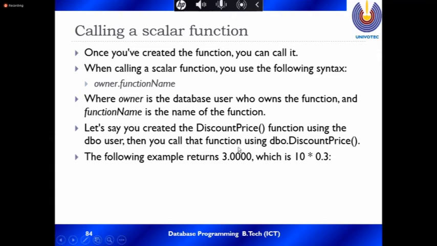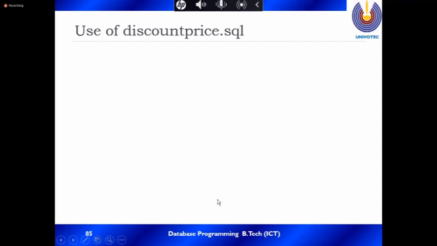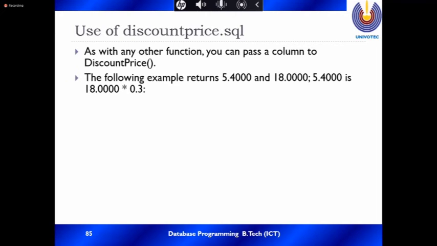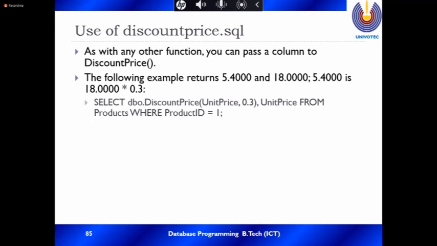You can pass the discount price 10 and 0.3, and it returns 3. The line is SELECT dbo.discount price(10, 0.3), where 0.3 is the discount factor. Then you get the result as 3.